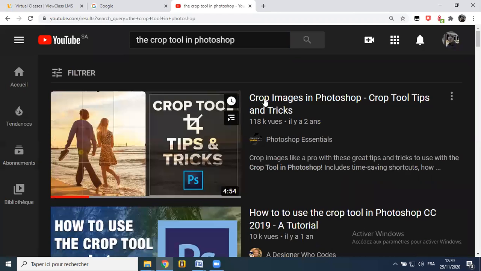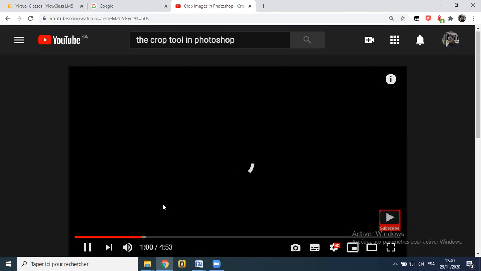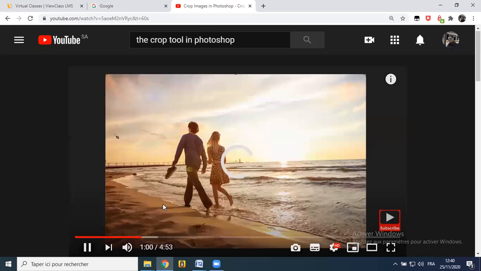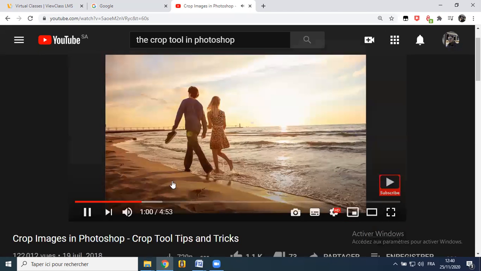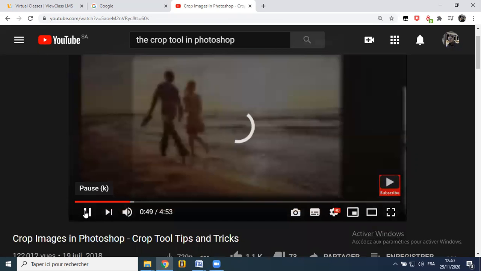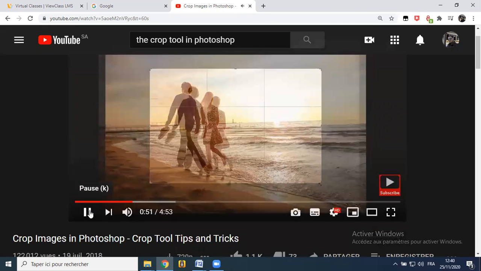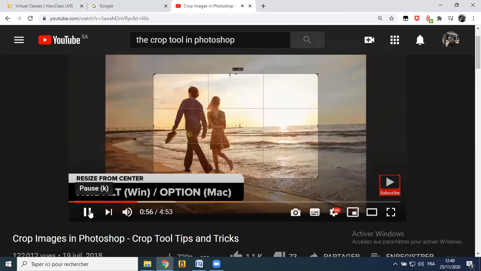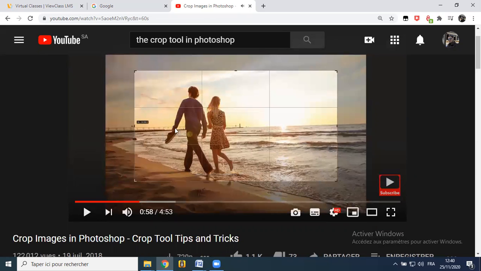Do you remember this video that we saw together? Lock the aspect ratio and resize the border from its center. Hold Shift and drag a corner handle. To resize the border from its center, press and hold Alt or Option on a Mac while dragging a handle. So the crop tool helps us to select the area that you want